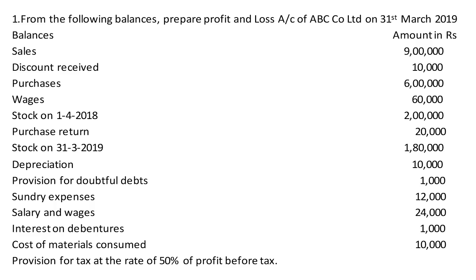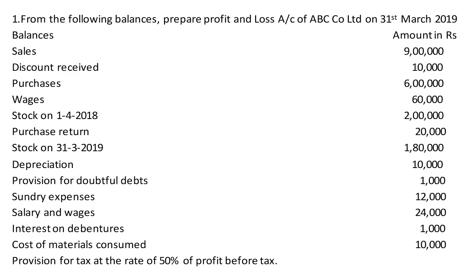So go through the problem. From the following balances, prepare a profit and loss account of ABC Company Limited on 31st March 2019. Sales 9 lakh, discount received 10,000, purchases 6 lakh, wages 60,000, stock on 1/4/2018 2 lakh, purchase return 20,000, stock on 31st March 2019 1,80,000, depreciation 10,000, provision for doubtful debts 1,000, and sundry